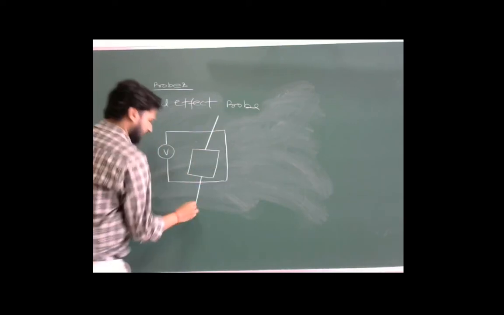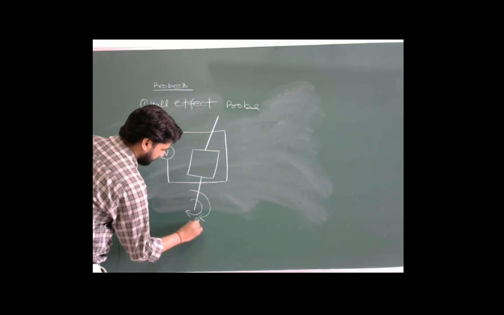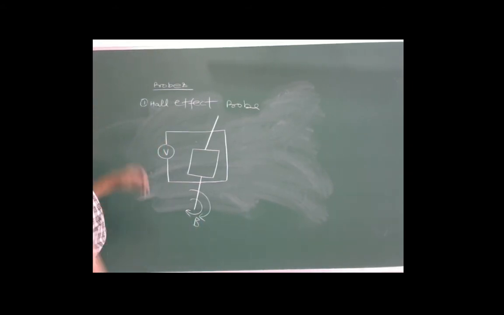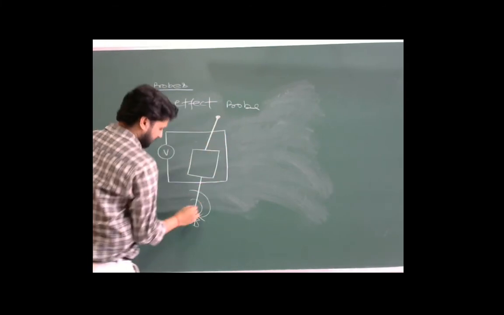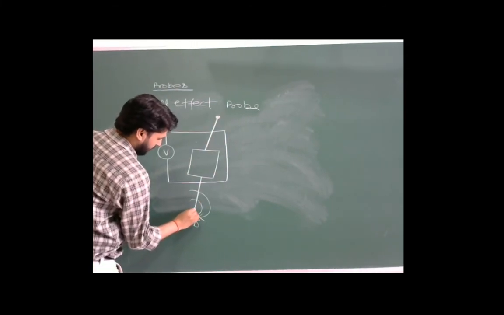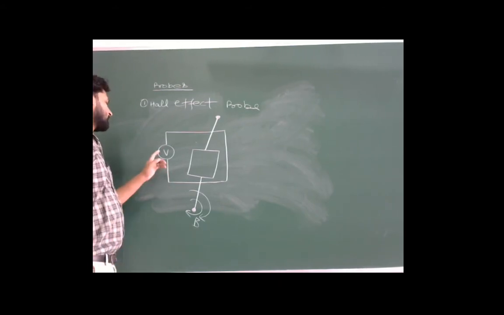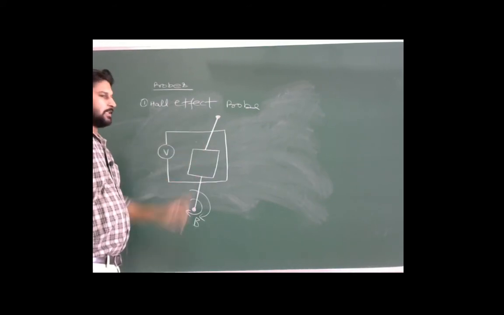Suppose here is a current carrying conductor, the magnetic field is like this. So if this conductor carrying a current is placed in a magnetic field, a small potential will be developed between the terminals of this conductor, and then this potential is applied to the voltmeter circuit, and this voltmeter circuit will measure the potential developed at the terminals of the conductor.